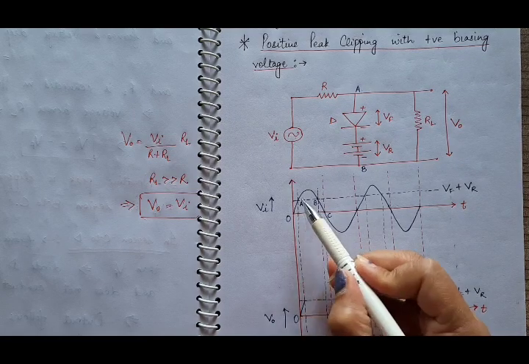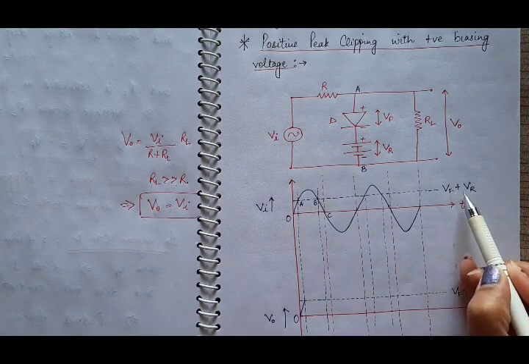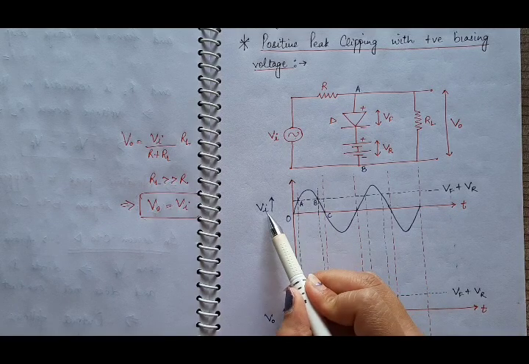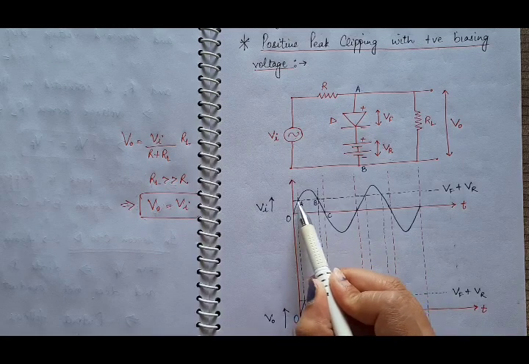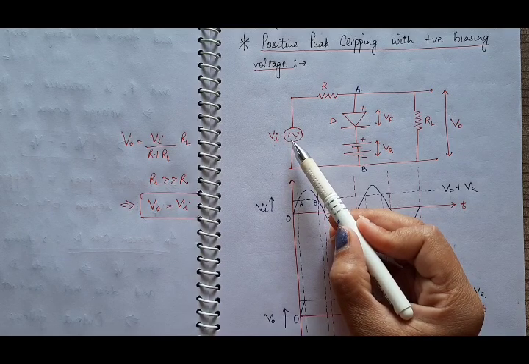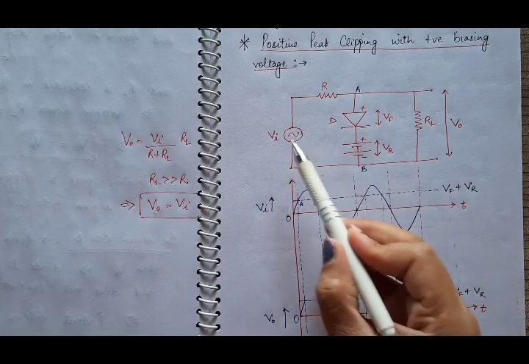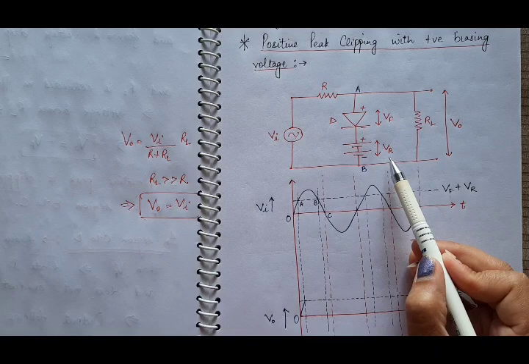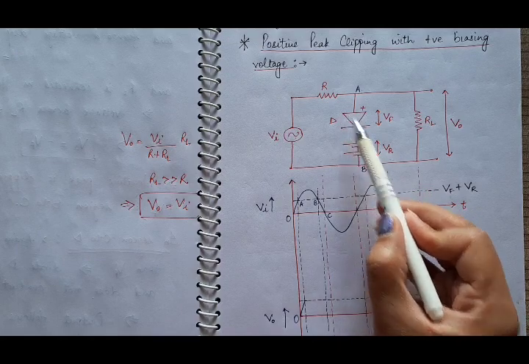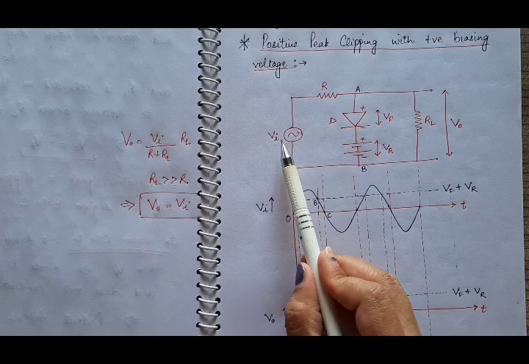In region AB, you can clearly see that our input signal Vi is greater than this Vf plus Vr. It is greater than this level. During the whole region AB, our input signal Vi is greater than Vf plus Vr. So what will it do? As it is the positive half cycle, and it is more positive than Vr, Vi will dominate over Vr. And this positive half cycle of Vi is supplied at P of the diode. It means Vi in region AB will forward bias the diode.